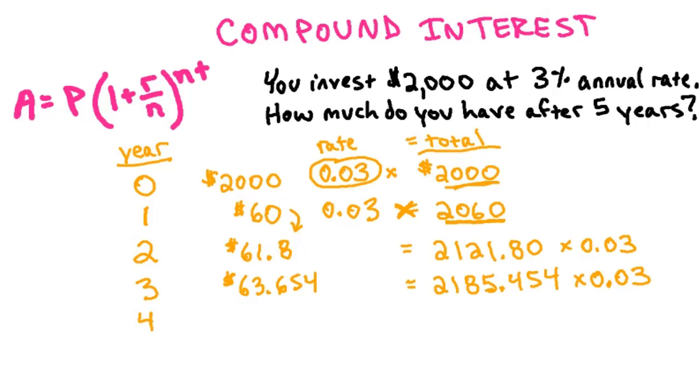So they're going to take 0.03 times the 2185.454, which is 65.56362. So we're going to add that to what you already had in the bank account, the 2185.454, and that gives you